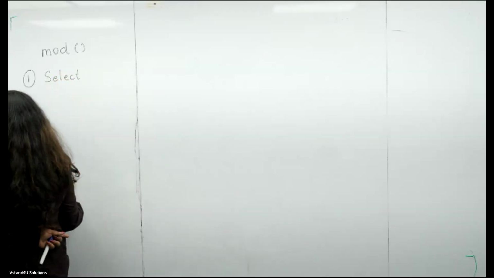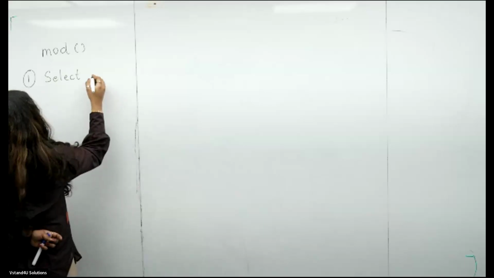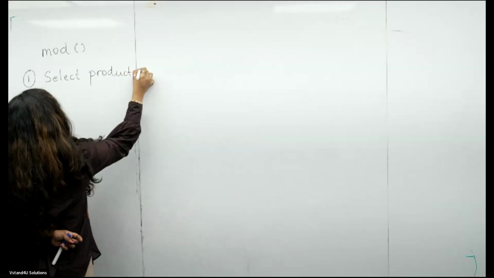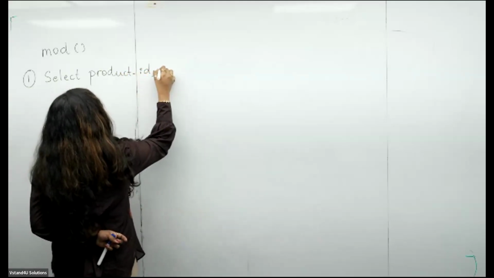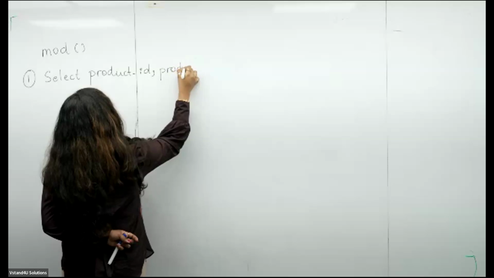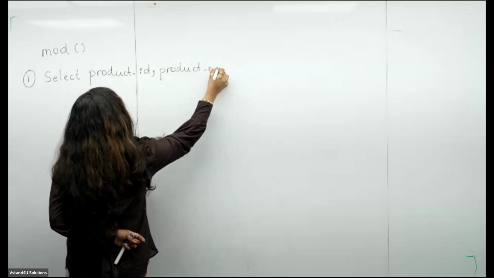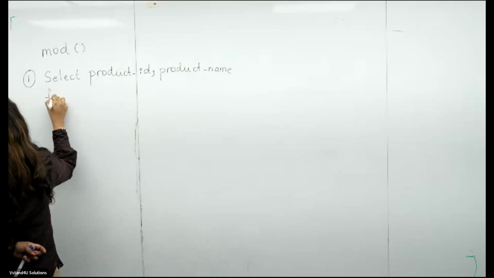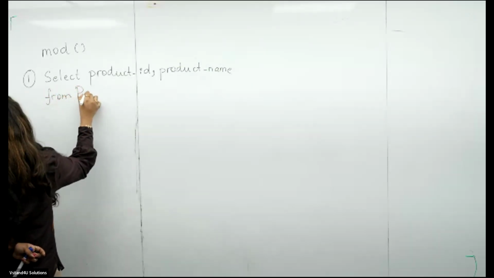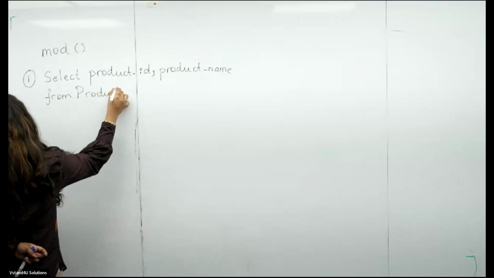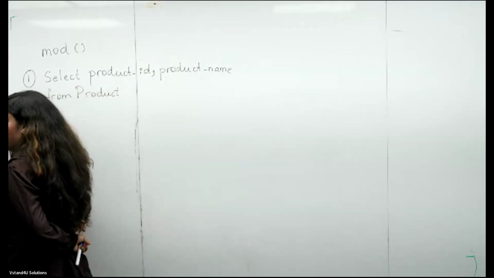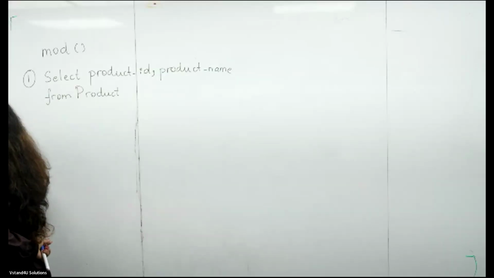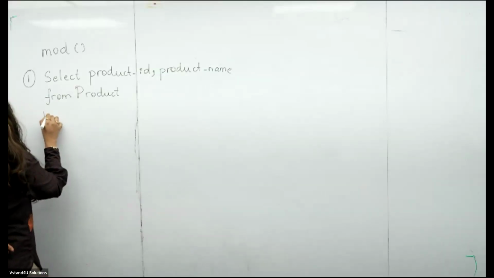Select what and what? You have to select both product ID and product name. Yes or no? From which table? From the table called product. Now, what is the condition? Obviously, you have to use the mod function. So now what is the condition? You have to say where